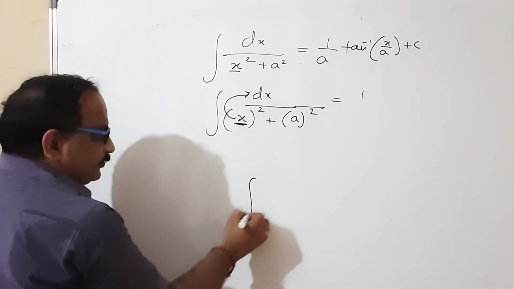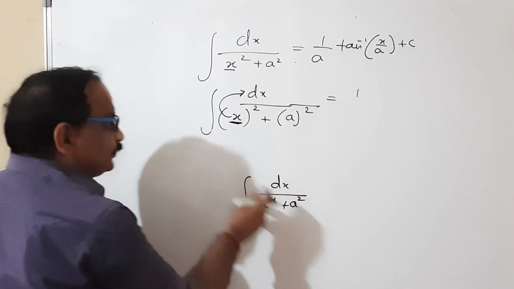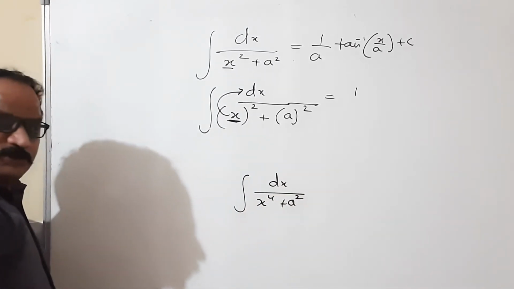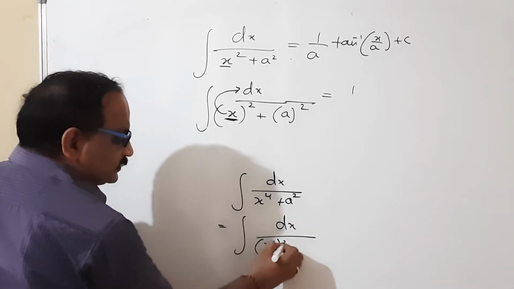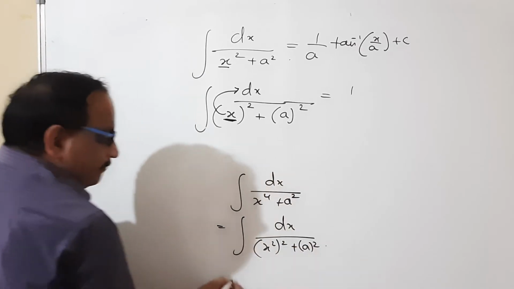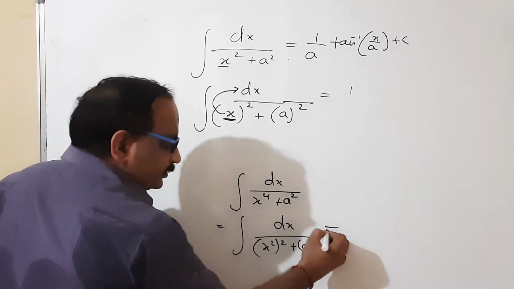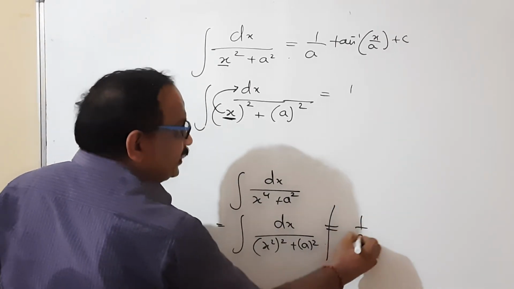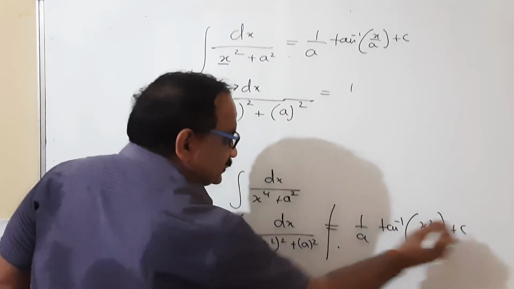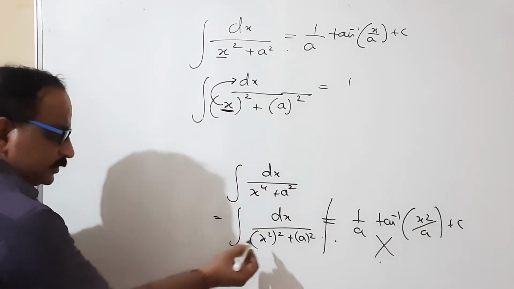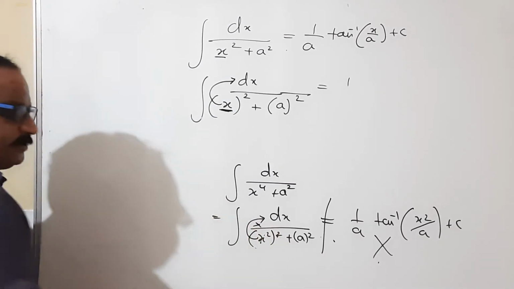For example, if anybody asks me, sir, is this the accurate situation for using that formula? No, it is not the exact situation, because if I am doing this, say x square upon x to the power 4 plus a square, I am not able to put that formula in that situation. Nobody should write it like this. Fine? This is wrong, because we are doing a perfect square of x square here, and its differentiation is not here.